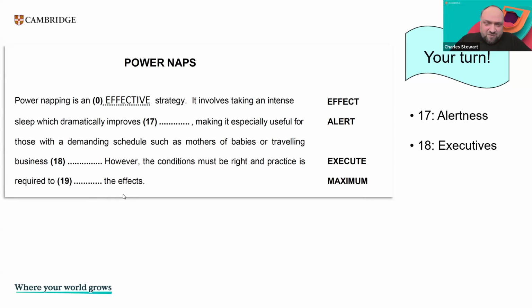Okay, I see executives, execution. It is executives, exactly. Now, keep in mind that the word that is given will always be in the answer on the same line. One mistake that candidates sometimes make is they will try to put a word form of maximum here, but no, maximum stays on the same line as number 19. So it's always the same line. Okay, what about number 19 with maximum? What is the correct form of the word?